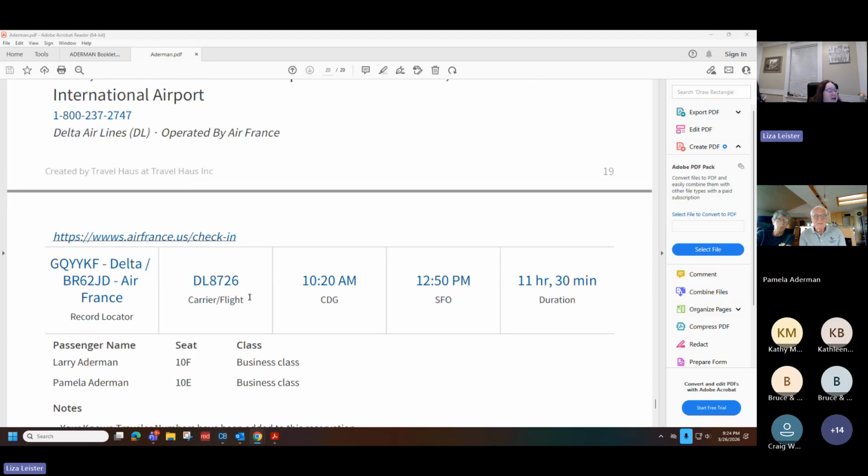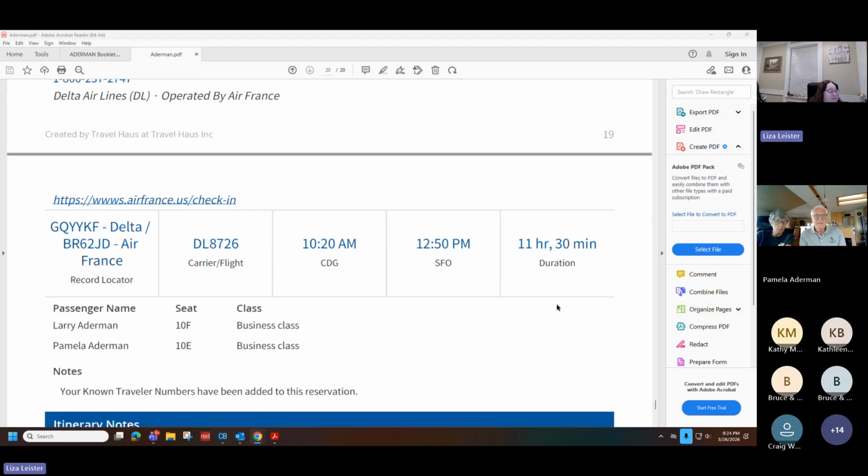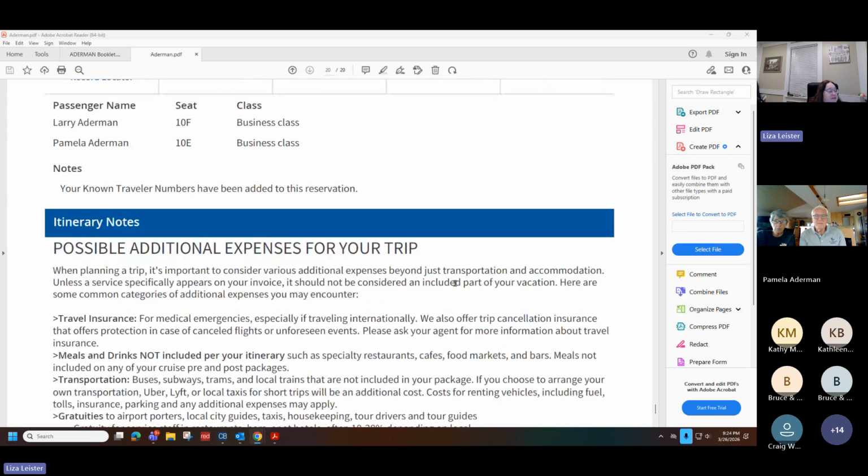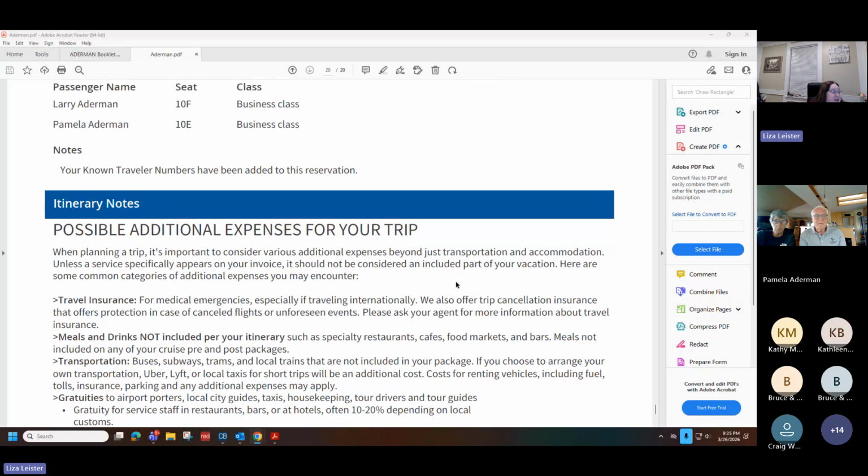And then you have your flights home. So again, your airline confirmation numbers, you can check in and there's all your flight information. Again, if you have a frequent flyer number or a known traveler number, you should see the notes for the known traveler. Frequent flyer, you should see in this area somewhere. If you're not seeing any of that, please, again, send us your number. I will make sure it gets added.